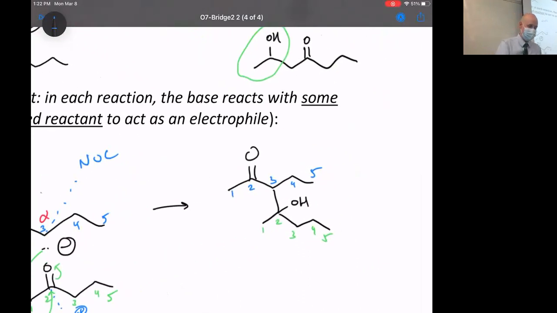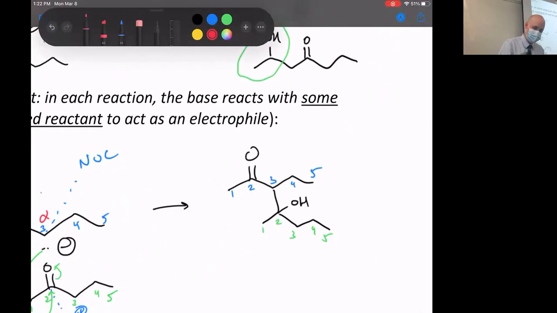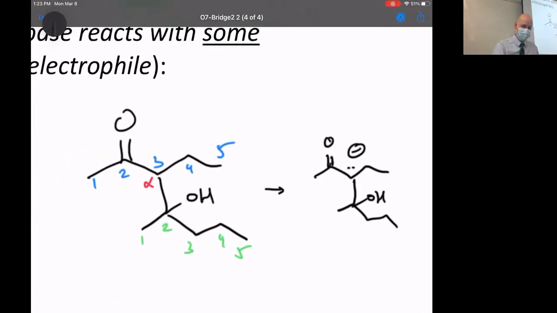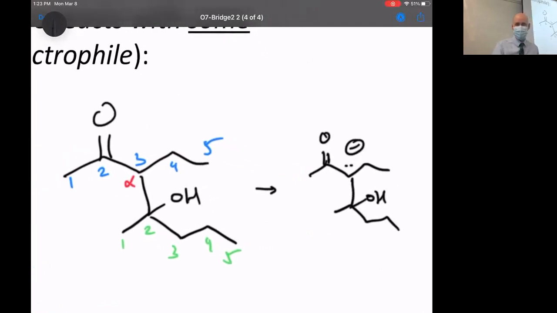So you still have hydroxide, which is still a base. And you still have an alpha carbon, which is still acidic. And so your base is still hanging around and you can't stop this in between. So what it will do is the same base in the same pot, moments later, will pull a hydrogen off of that alpha carbon and make a C- here. So all of this is probably in your notes because you went through and watched the aldol condensation already. This is the same thing. So you can write it down again if you want to, but I'm far more interested in you following this story. So now we have a C-,